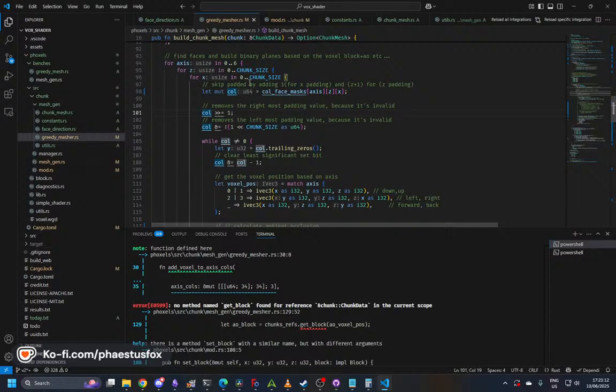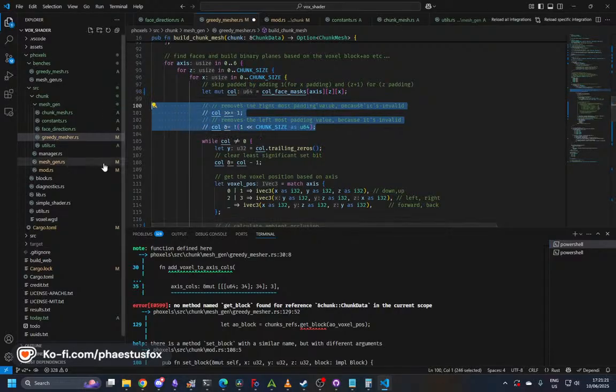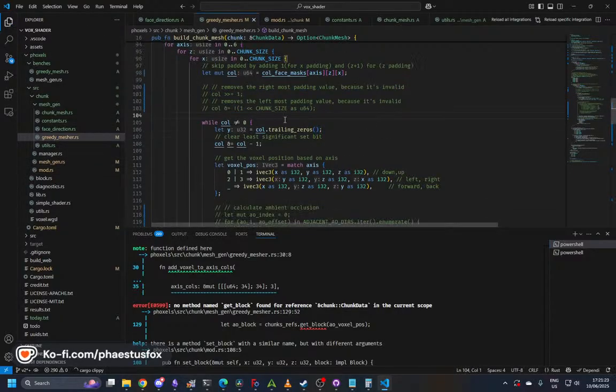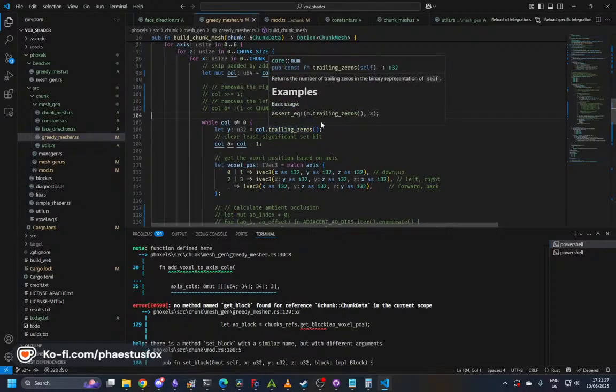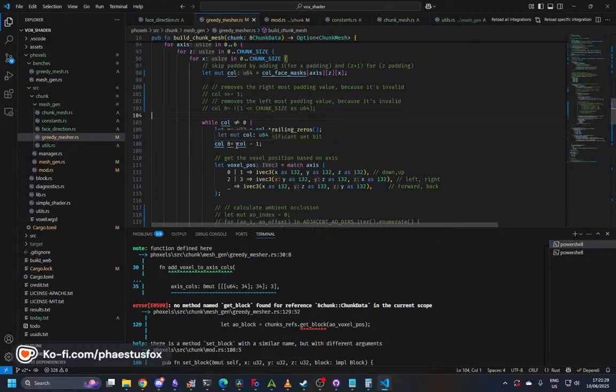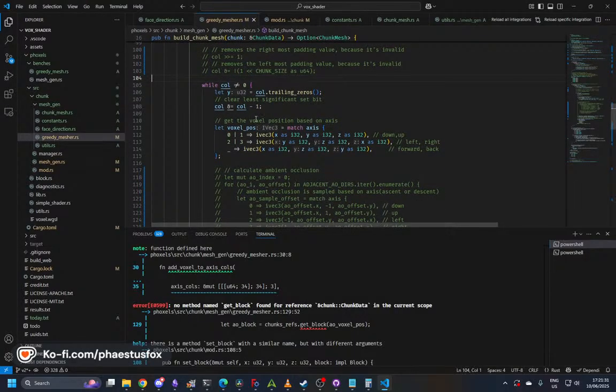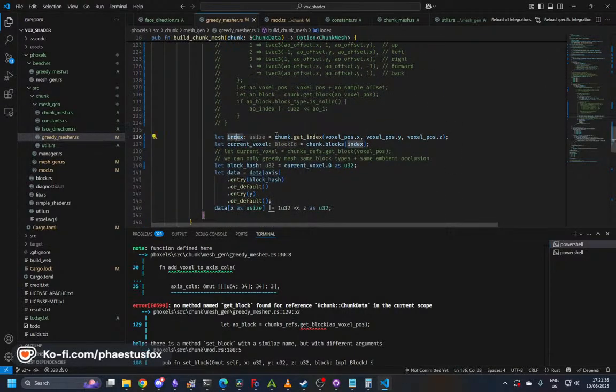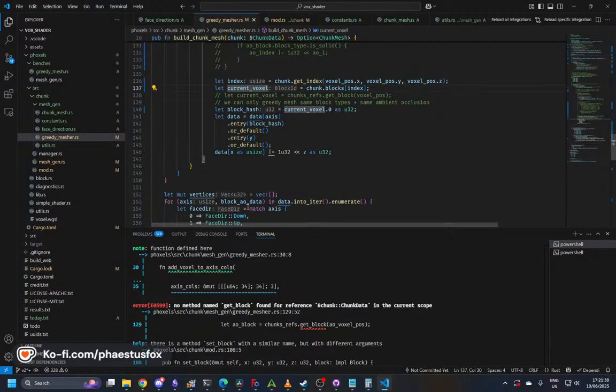So we say skip padding, right? Then we say remove the rightmost padding value because it's invalid, and remove the leftmost padding value because it's invalid. So we don't want to do that because we're not doing padding. And then we say while column is not equal to 0, y column trailing zeros, column end equals column minus 1, get the voxel position based on the axes. Okay, and then we say index, and we do this, and we or equals this, and then